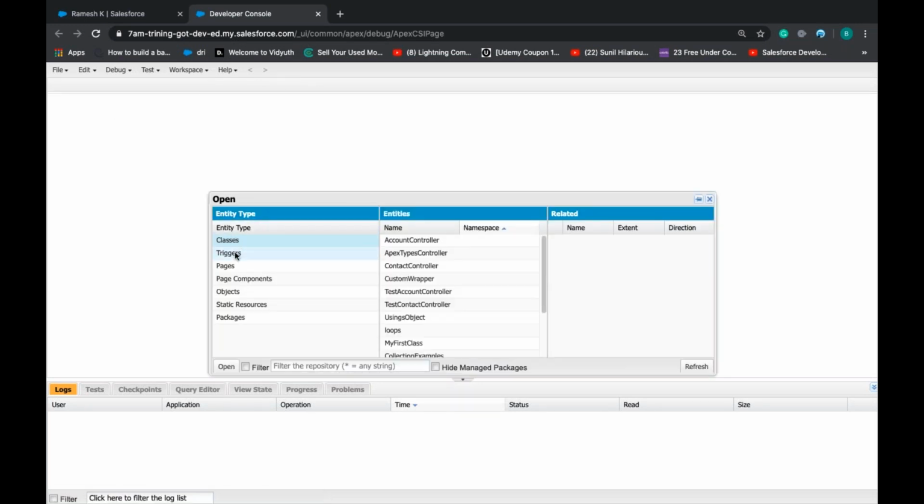So triggers are saved under Apex triggers. We call them Apex triggers. We call these Apex classes.